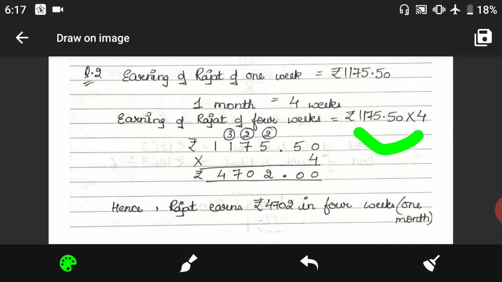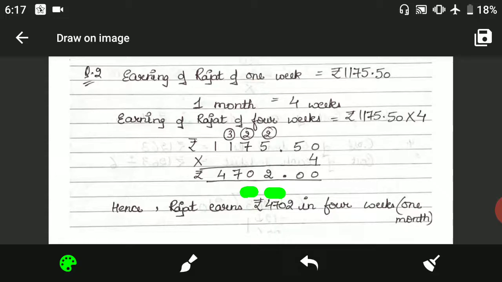Decimal we will see after that. Firstly we do simple multiplication. Clear? See, 4 zeros are 0, 4 fives are 20, so 0 will come here, 2 will go on 5. 4 fives are 20, 20 plus 2 is 22, 2 will come here and the second 2 will go on 7. Then 4 sevens are 28. 28 plus 2 is 30. So 0 will come here and 3 will go on the next number. Then 4 ones are 4. 4 plus 3 is 7. So 7 will come here. Then 4 ones are 4.